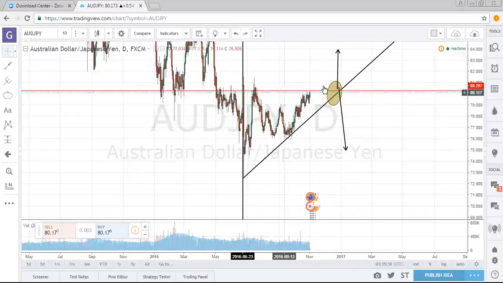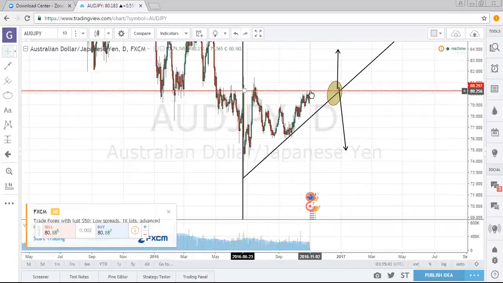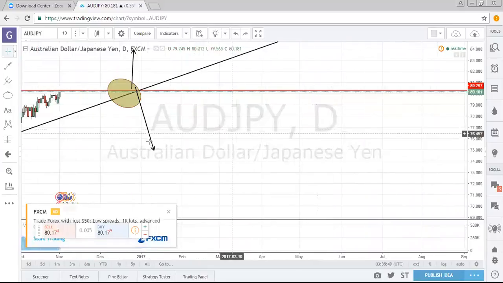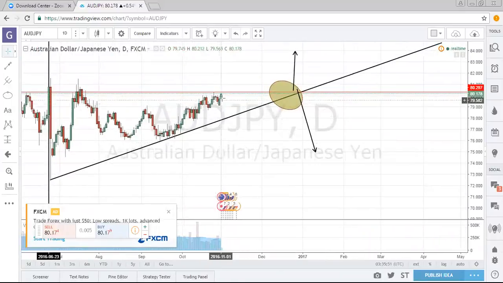This is beautiful. It would have to break this resistance level. It's a really strong one. You could also look at candlestick bodies. Very bullish, two very bullish candles, but that does not necessarily mean it's going to break. It may just go all the way up to this wick and